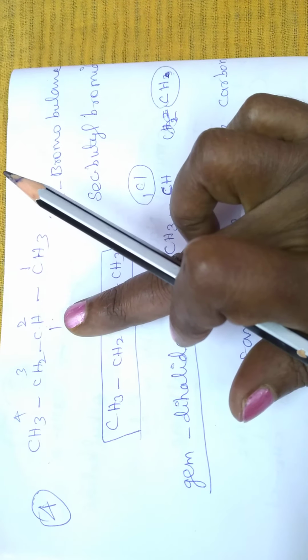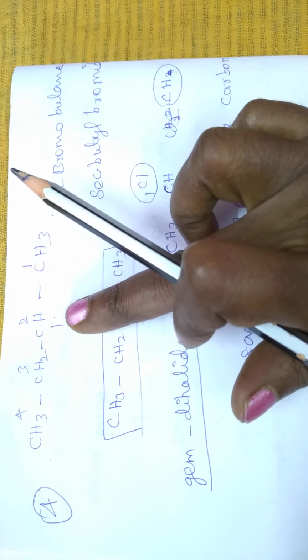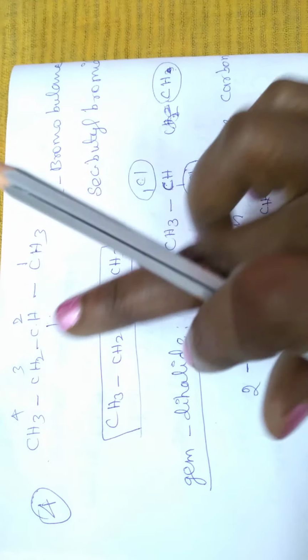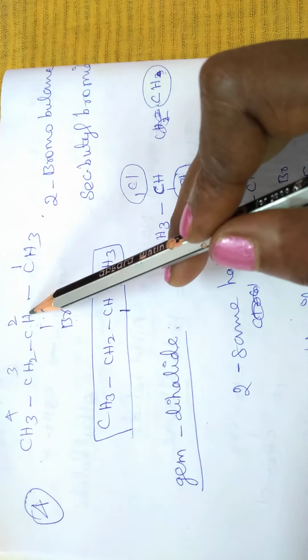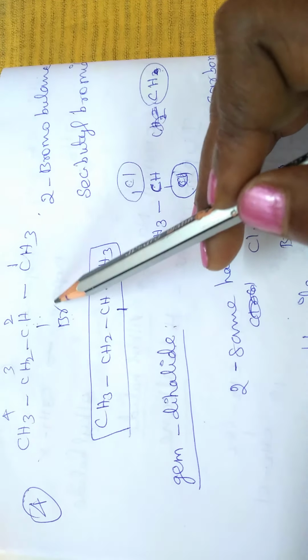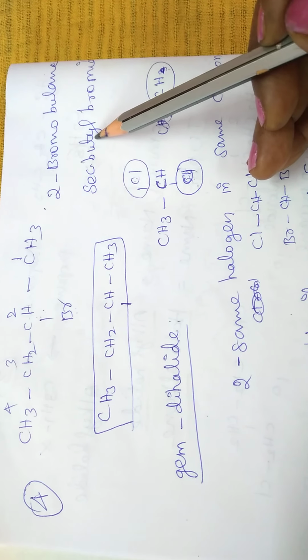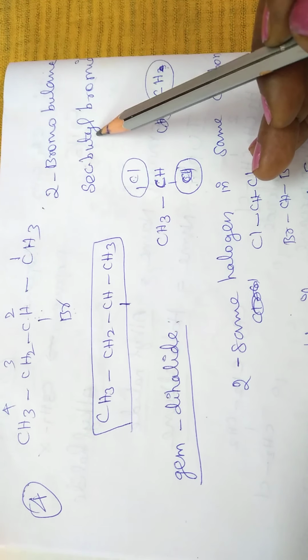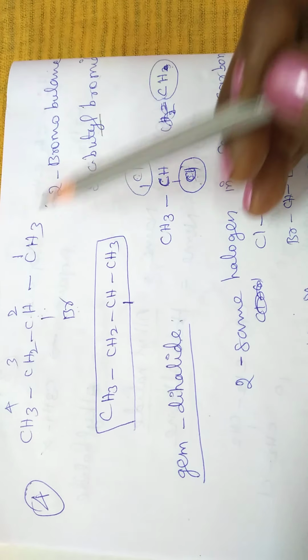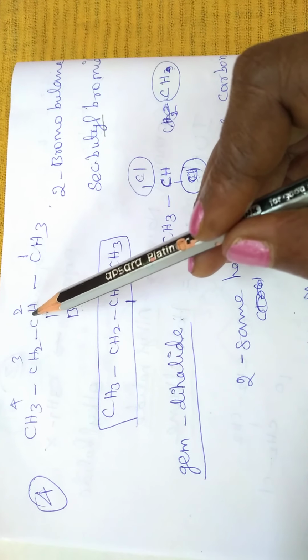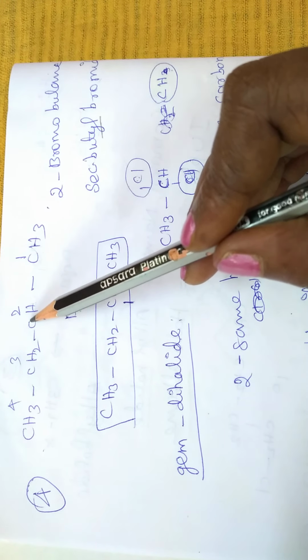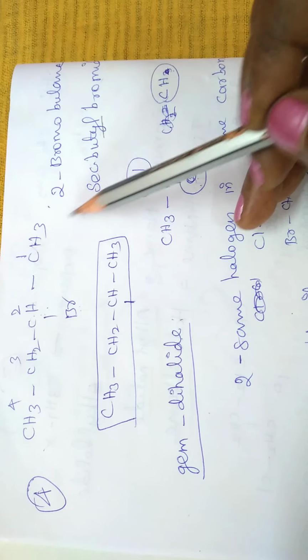Without this, we can say it as butyl because there are 4 carbon atoms. So I can say it's butyl. But in the second carbon, listen carefully, a halogen is present. So we are saying it is secondary butyl bromide. See, when "yl" comes, that means it is a common name. Secondary butyl.